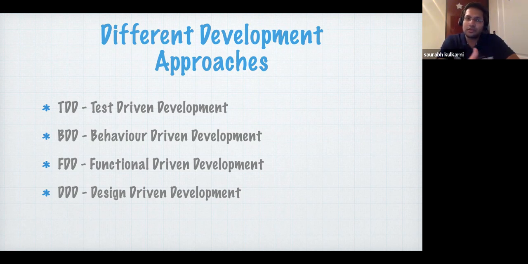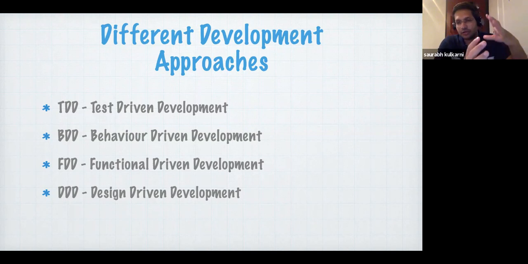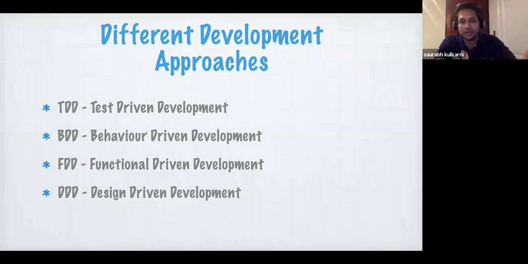Mostly all the projects use TDDs and BDDs because TDDs came into the market first. So they are the old ones. Now TDDs are very low level, so they are being used by the developers all the time. Whenever they start writing the code, they use the TDDs, and we will see that later in the session. But understand that TDD has been there for a long time. Then after that BDDs evolved, and BDDs has come to help other stakeholders within the team, and we will see how that is helping other stakeholders within the team.